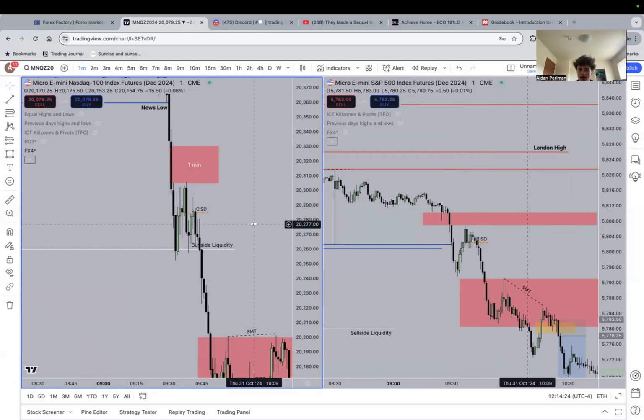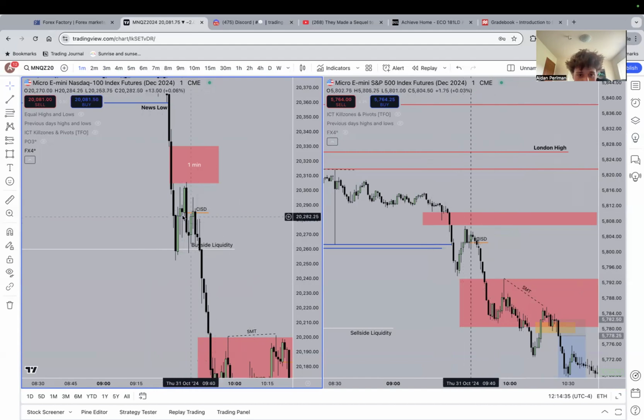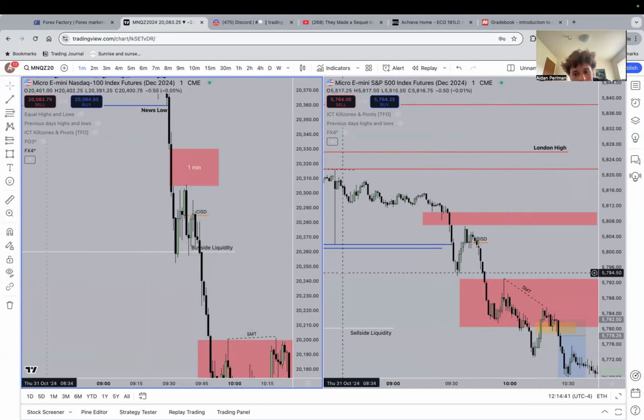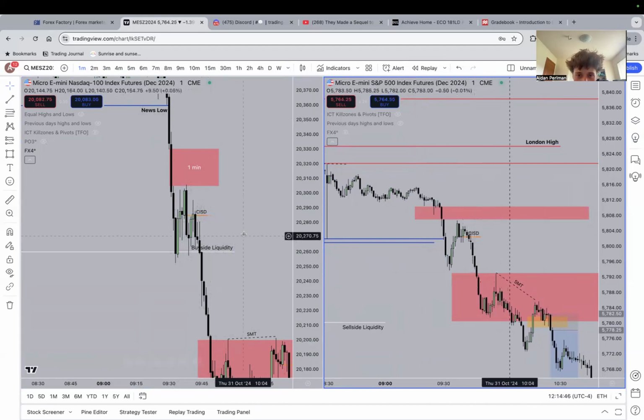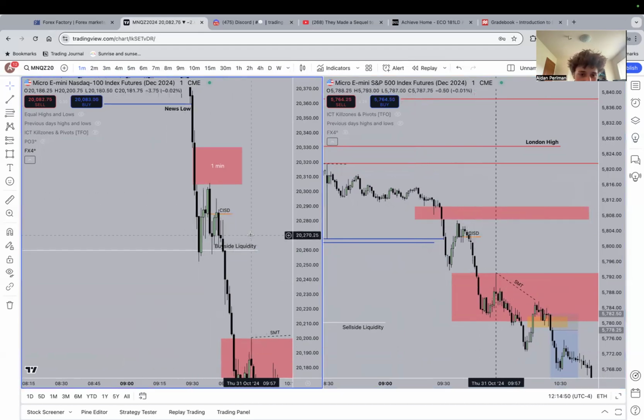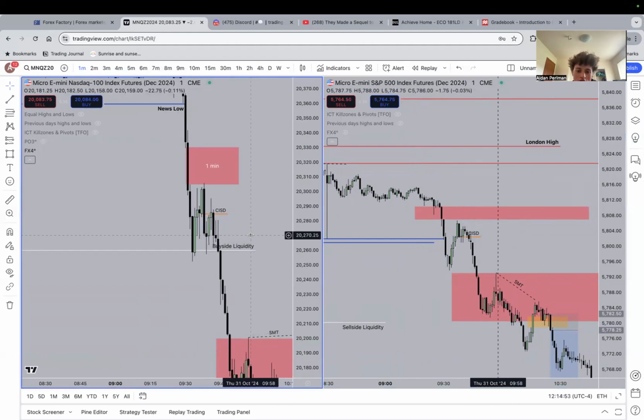This is with the continuation model that I've been trying to learn for the past week. I'm still very new to it. Obviously I've seen it many times, but now I'm actually focusing on it and where to take my entries. This is a good spot if you were to take an entry: retrace to the change in the state of delivery. Or, I'll go over this later, if there's a change in the state, we don't come back to it, and then we inverse a gap. That is another good entry where you can take your trades. Those two are the main two I want to focus on for the future, because they seem to work pretty well. But also, if I want to take a lighter size trade,